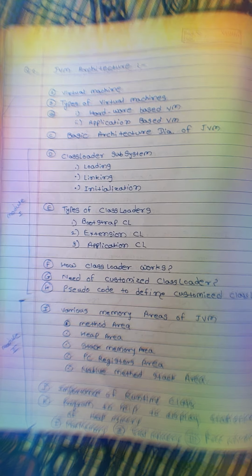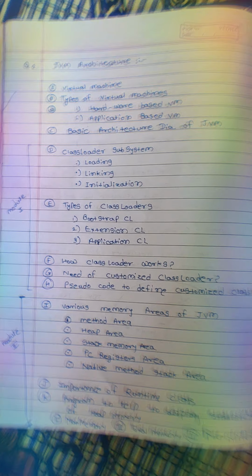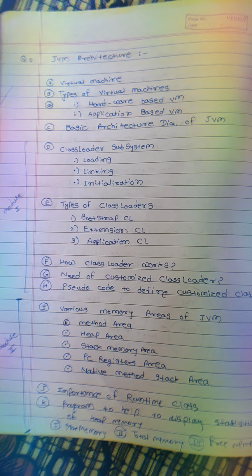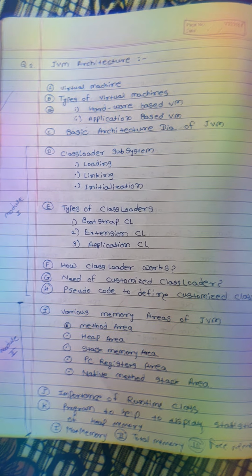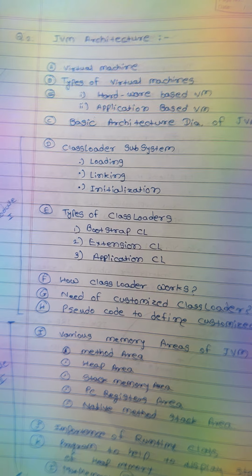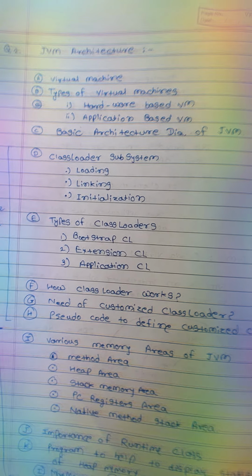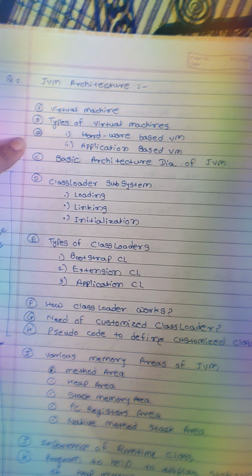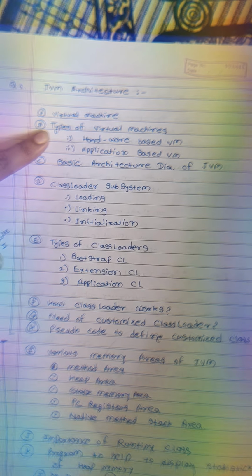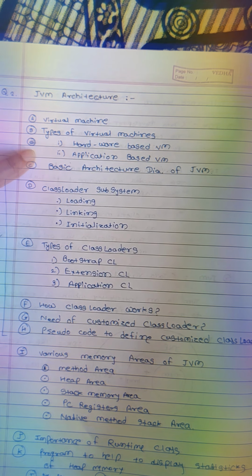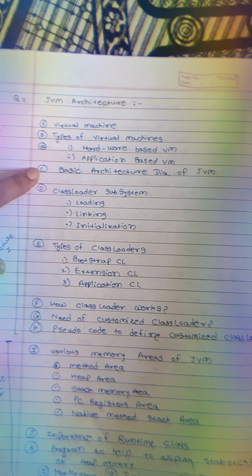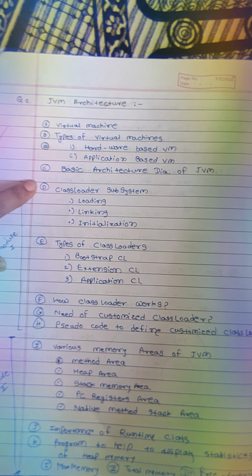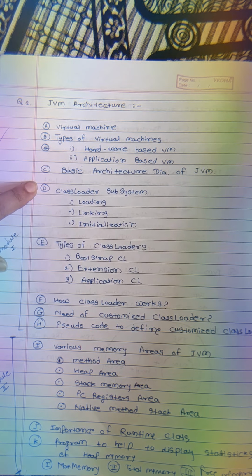So let's get started, guys. Today I'm covering the topic JVM architecture, which is the basic building block of Java. Under this topic, I'm going to cover subtopics like virtual machine, types of machines. There are two types of virtual machines: hardware based virtual machine and application based virtual machine. And then the basic architecture diagram of JVM, class loader subsystem,